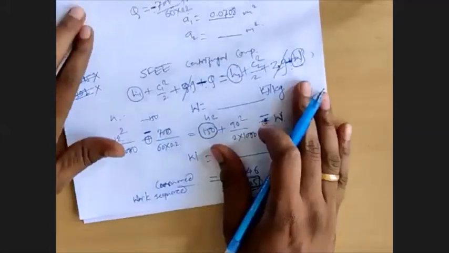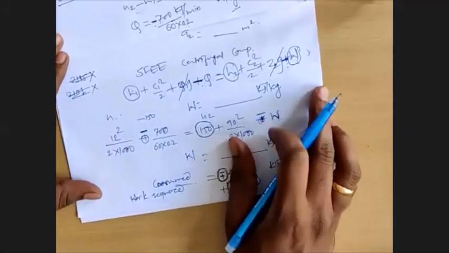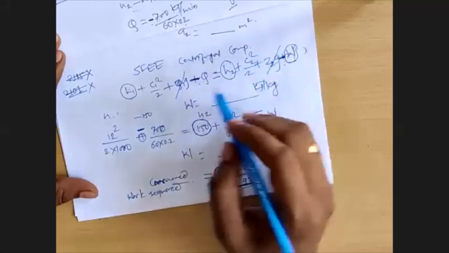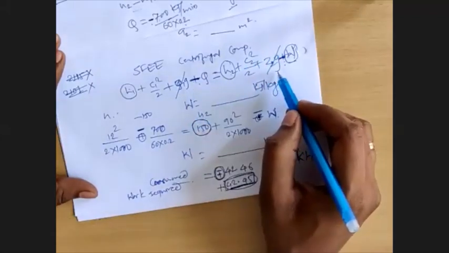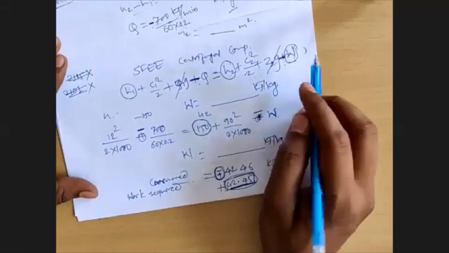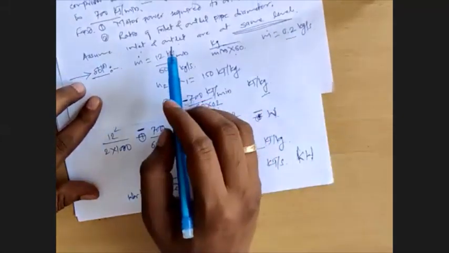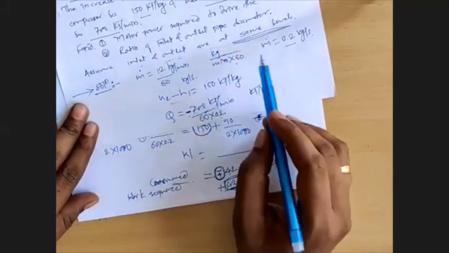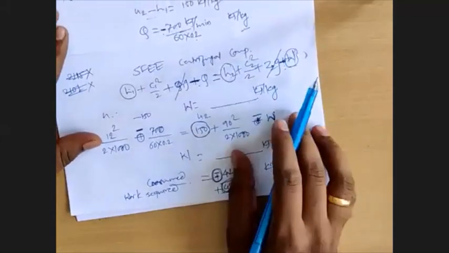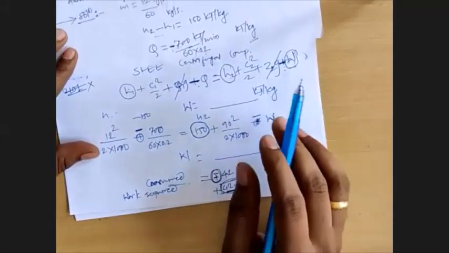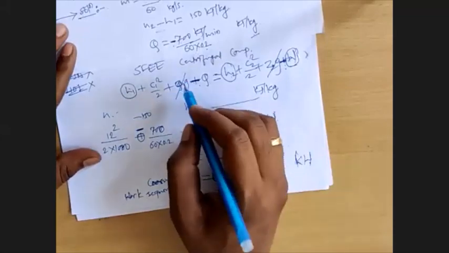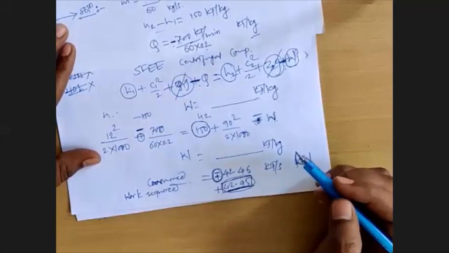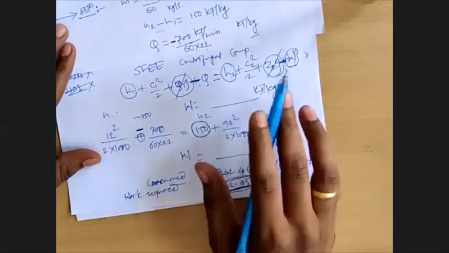After that, we inserted all the values into the steady flow energy equation for the centrifugal compressor. We considered Z1g, Z2g, the change in potential energy, because the statement mentions that inlet and outlet are at the same level. But in the steady flow energy equation we derived for the centrifugal compressor, you won't find this potential energy term, so even if you don't write it, that is perfectly fine.